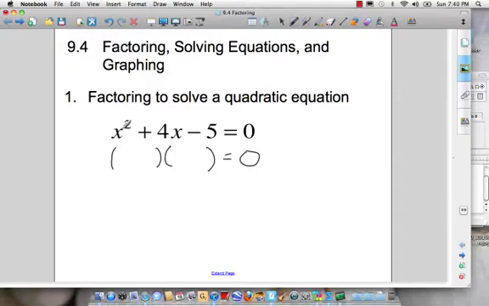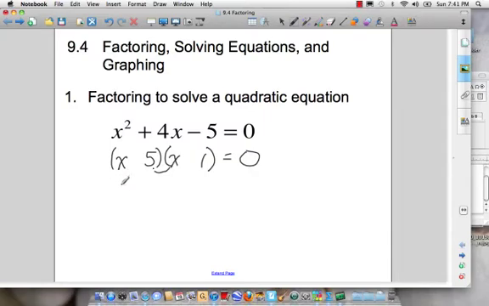So I start by looking at the x squared, and I ask myself, what has to go in each of the two first positions so that when you multiply them together you get x squared? And in this case, the only real possibility is x times x. Next, I look at the negative 5, and I need two numbers that multiply together to make negative 5. Well, clearly, 5 times 1 is the only way to get 5,